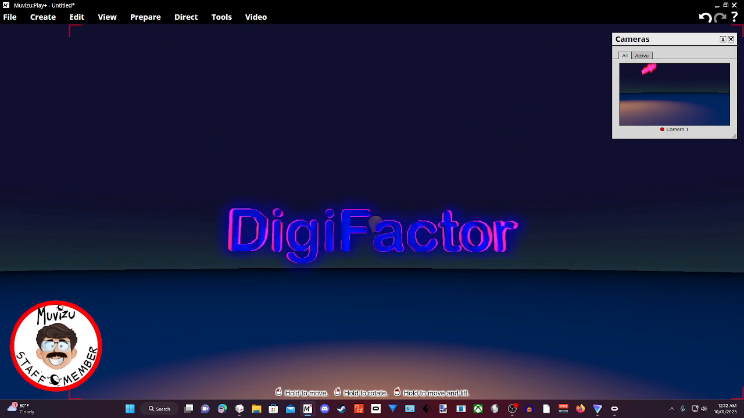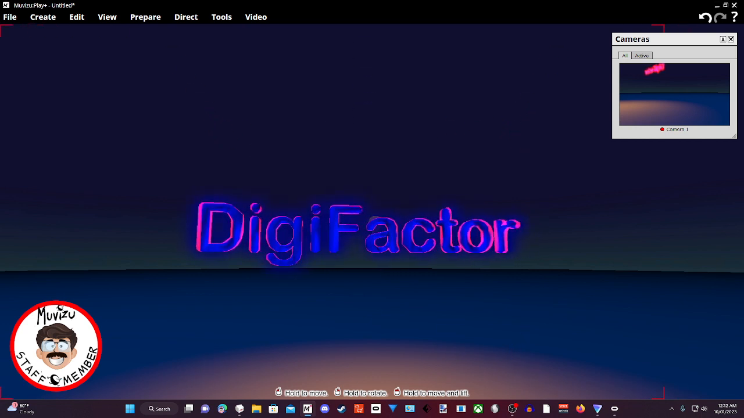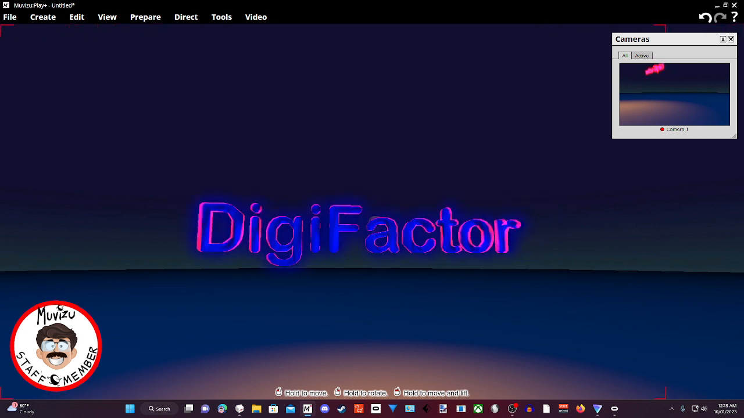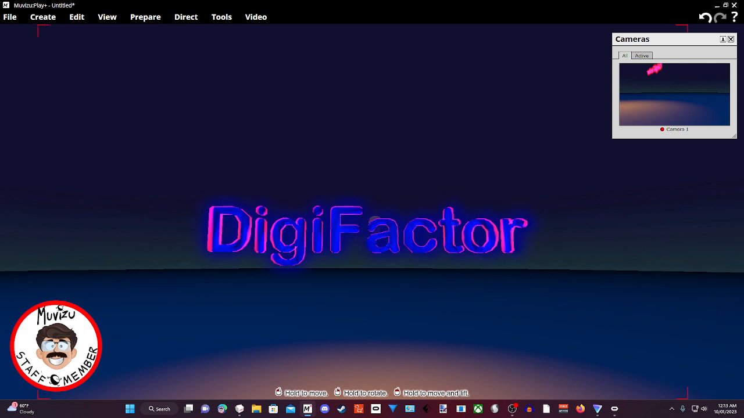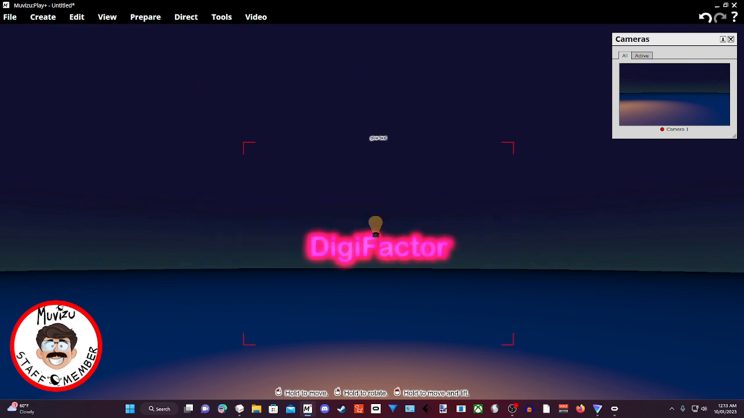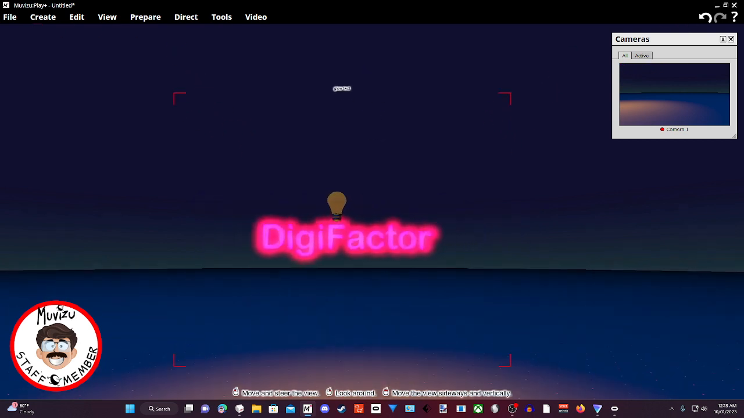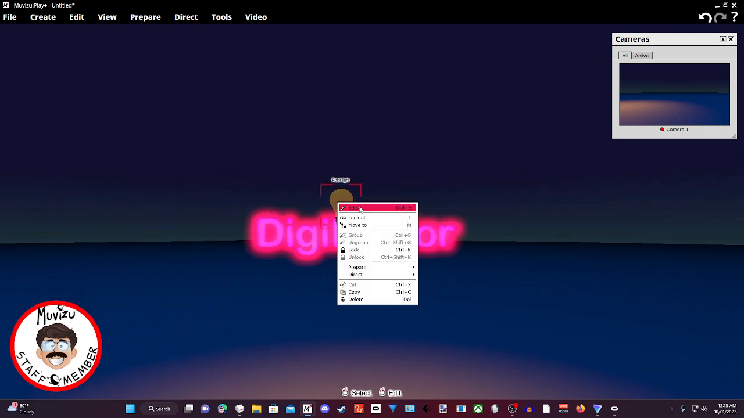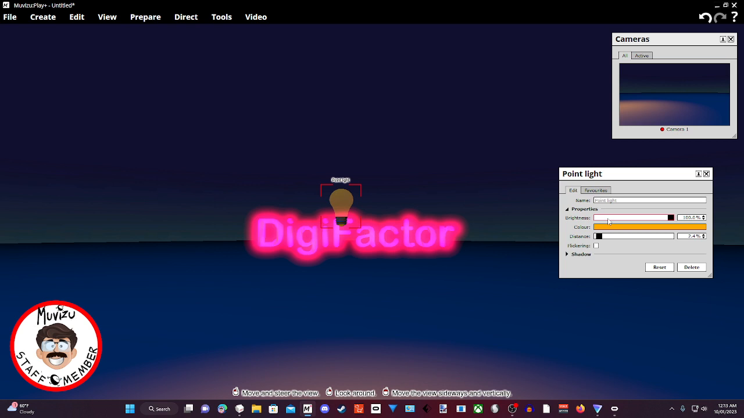If I bring it back over here, it's not glowing. And you can see how it's transparent, just like an actual neon light bulb. We'll move it back into the light. Okay. Now, if we want it more pink, we can go to the properties of the light bulb and